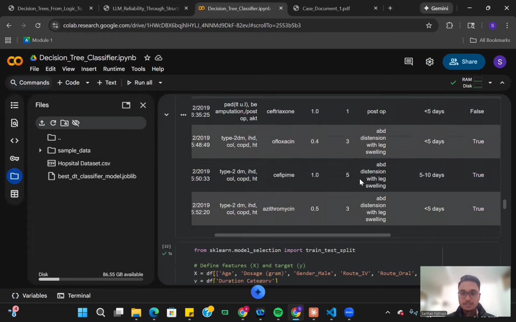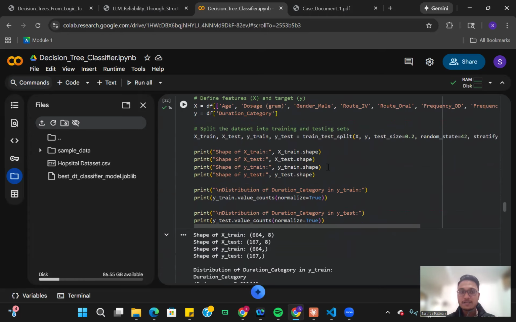And as you can see, we have split the data set into train and test. We have trained the model, and post-training, we have saved the model in best decision tree classifier model.joblib. And now this model is saved, and we will use this model in an application to predict the duration of